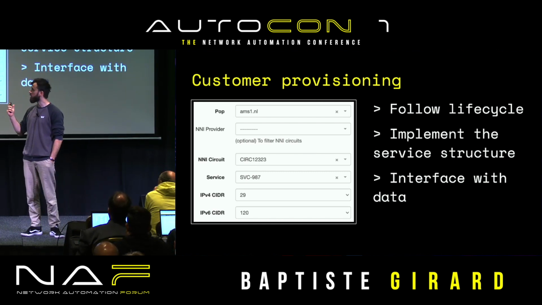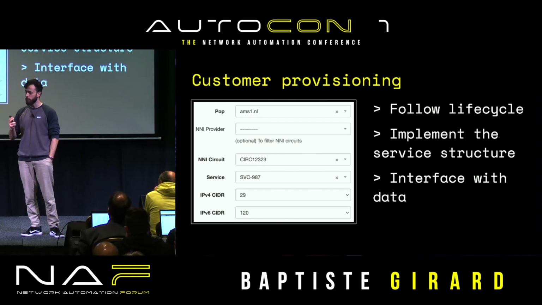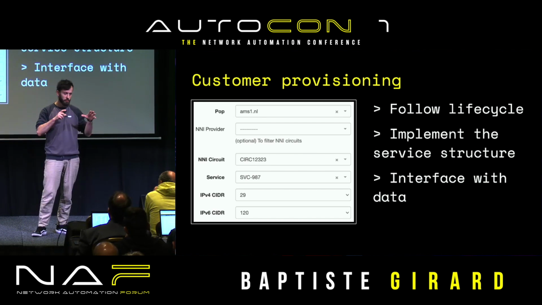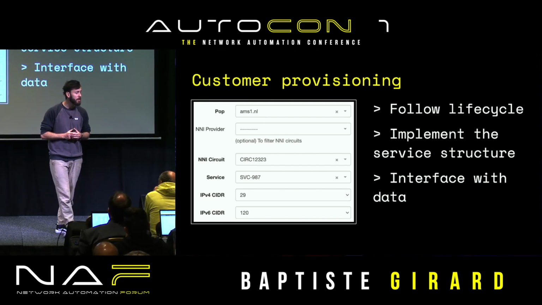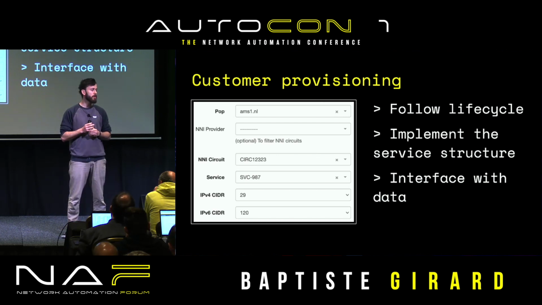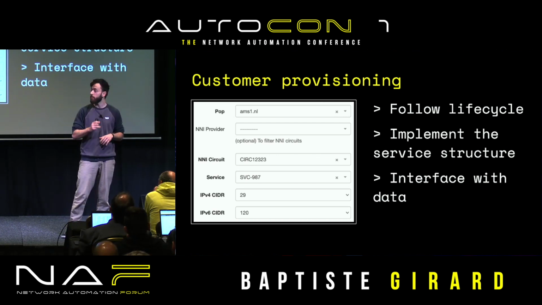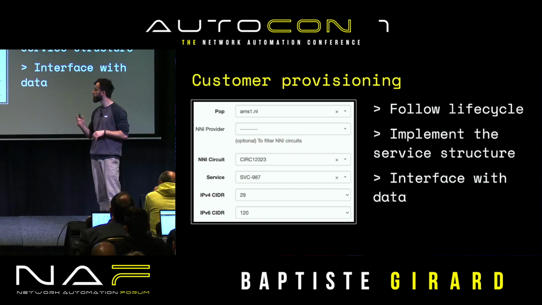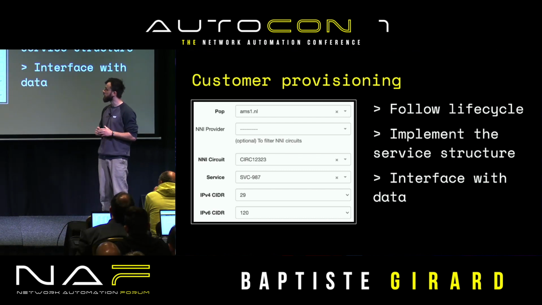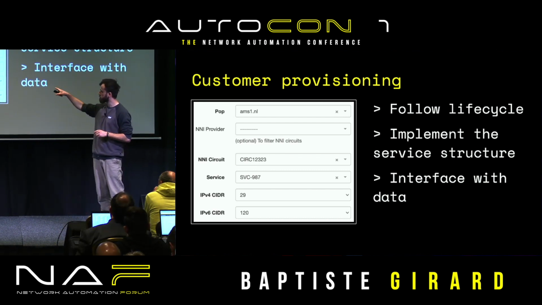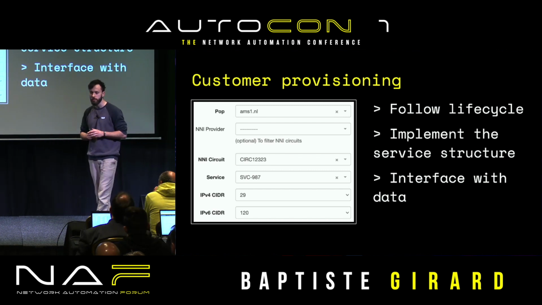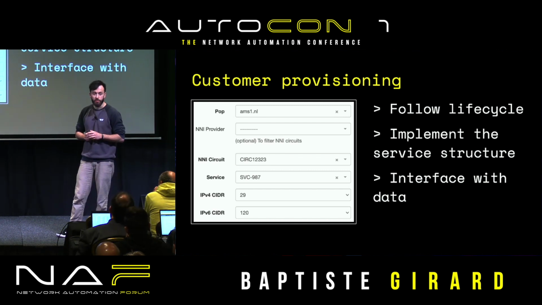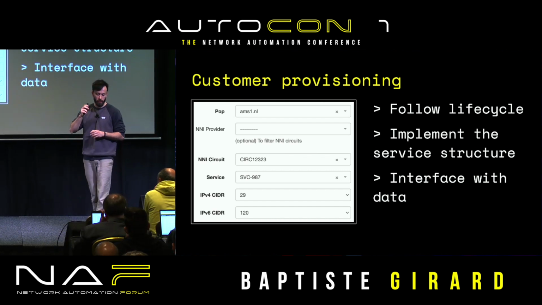So there, as I mentioned, it was a fully manual operation before to scaffold all those services and so on. And so there, again, using Nautobot capability, we put together a form. And this form has a few interesting characteristics. First one is that it follows the life cycle. So here you see there is a small service input. And this input is not a free text field anymore. This is an actual object you pick here.